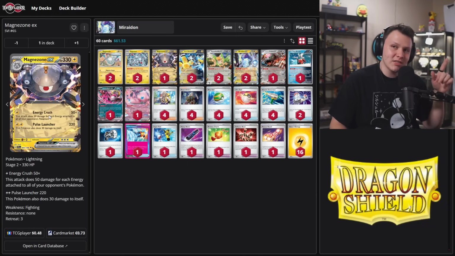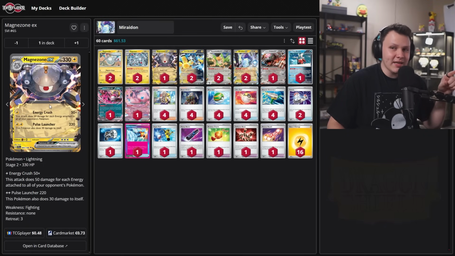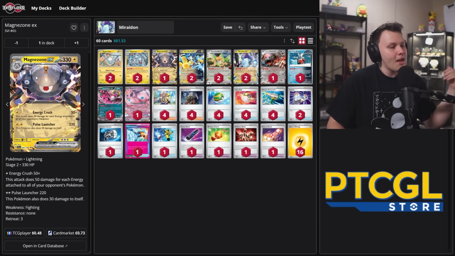It's got the Energy Crush for a single Lightning, 50 damage times the number of energy attached to all of our opponent's Pokemon, and then the Plasma Launcher, 220, we do 30 damage to ourselves. So if we punch the Farigiraf first, we're usually winning the 2-for-2 trade, but if the second Farigiraf gets set up, which it could, they can kind of clap back on us with that and then knock out our Magnezone,